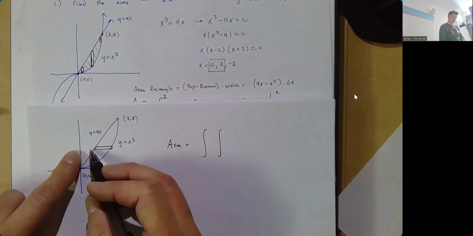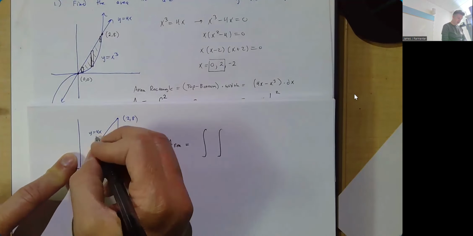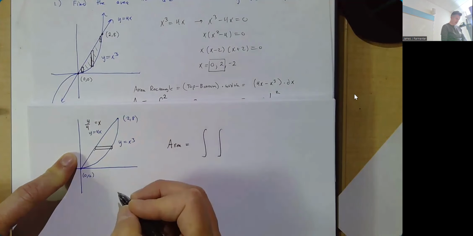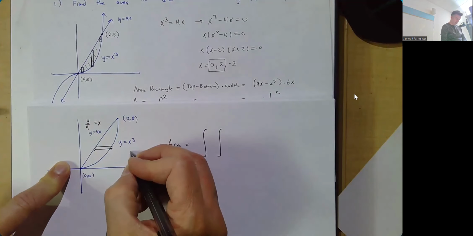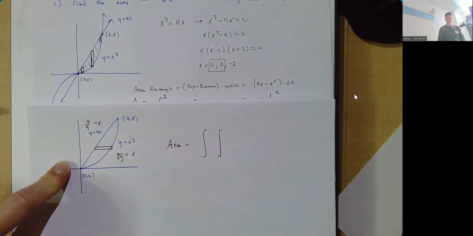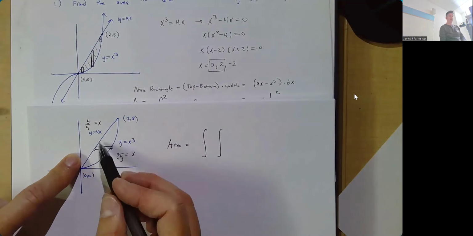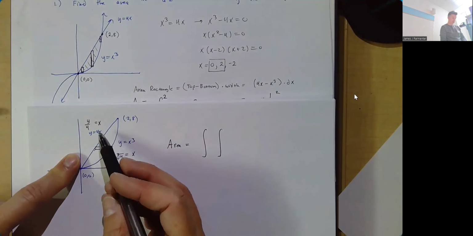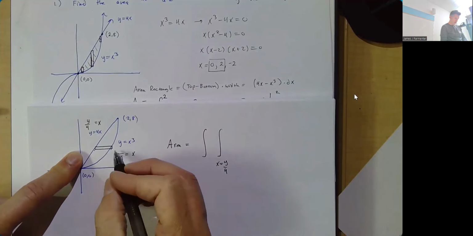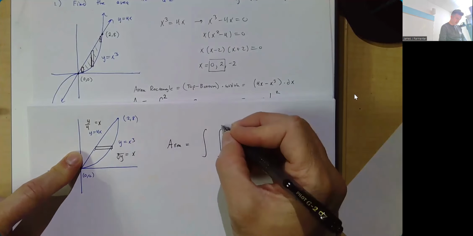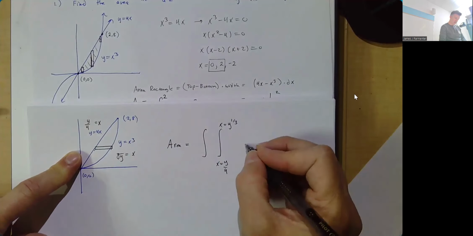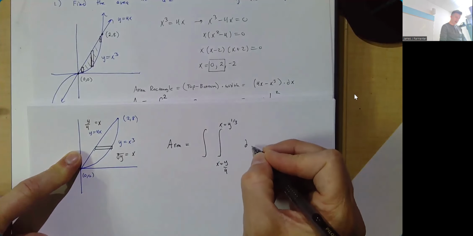So for my lower limit of integration, I should solve these for x. Dividing both sides by 4, I get x equal to y divided by 4. Cube rooting both sides, I get x equal to the cube root of y. So my left hand, or lower limit of integration, is going to be x equal to y over 4. My upper or right hand limit of integration is going to be x equal to y to the 1/3, or the cube root of y. And that's going to be a dx,